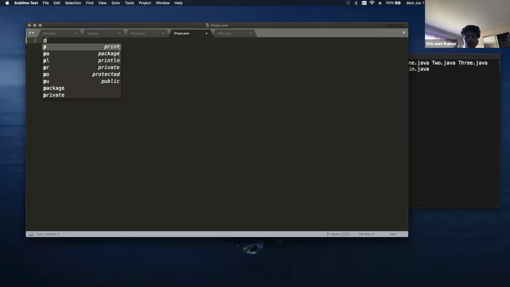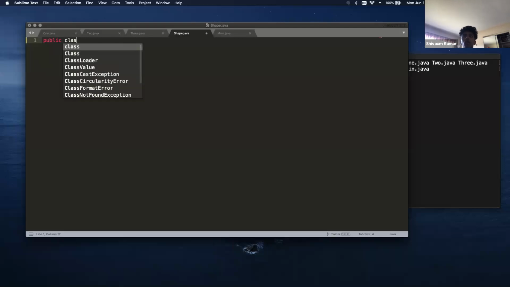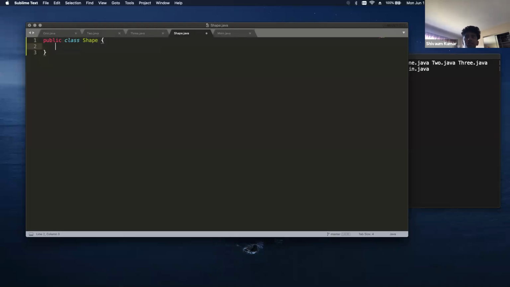Okay, so now going back to the shape. We've always been doing public class shape like that, and then sometimes we have the public static void main or whatever. But in this case, there's so many different types of shapes you can have. So we want to use something called an interface. This interface is sort of like a blueprint for what my different shapes are going to look like. And then I actually create a class that implements this interface